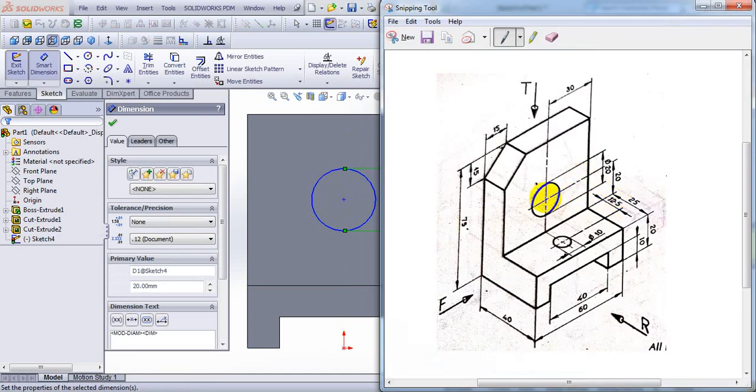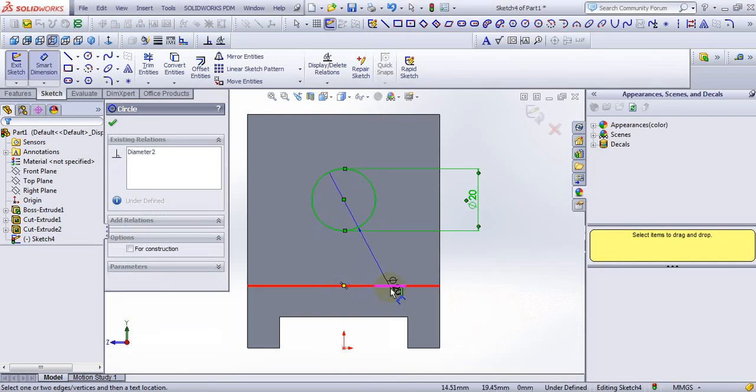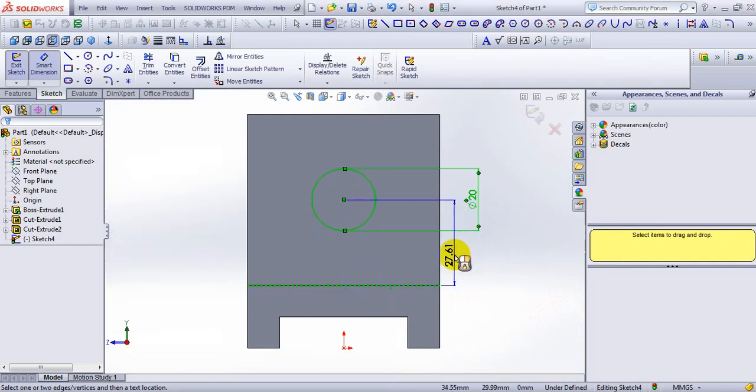Distance from the center of the circle to this corner is 20 mm, and to the other corner it is also 20 mm.